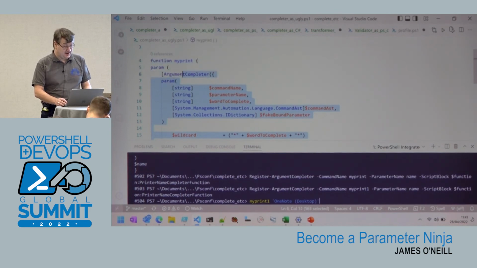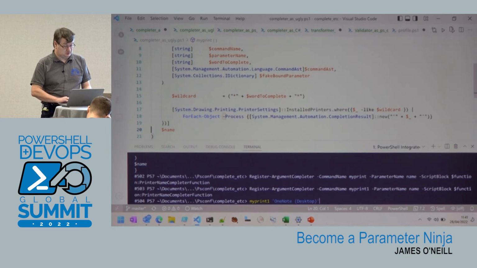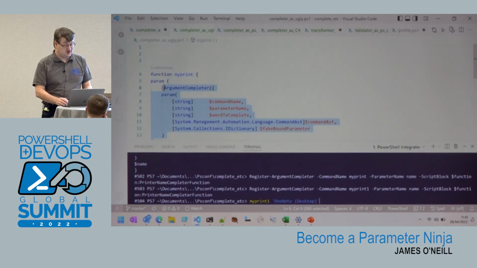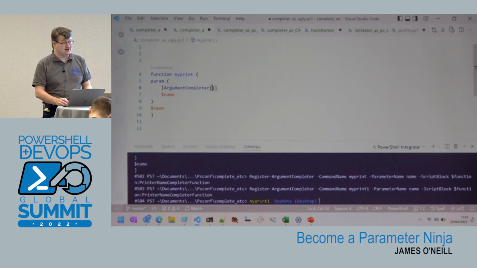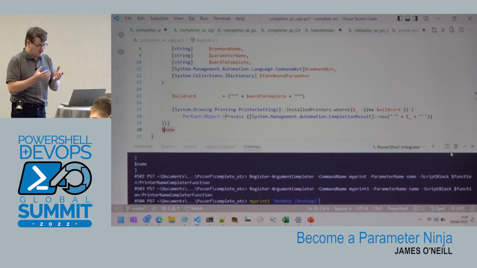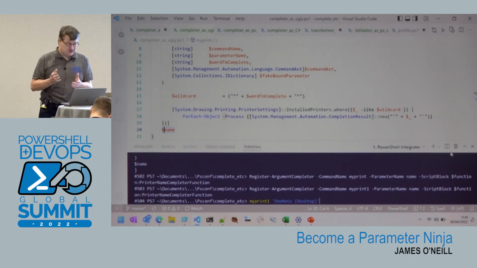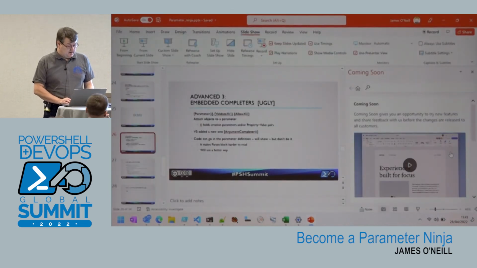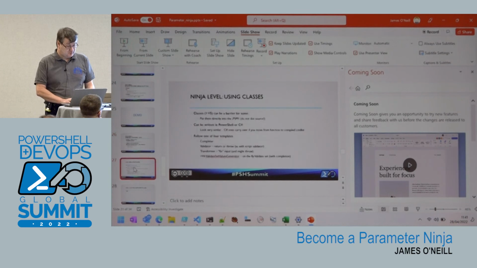Basically, this block from that brace to that brace is all part of creating that argument completer. Now, I don't know about you, but I find that in the middle of a param block just makes the whole thing hard to read. So it's available as an option, but don't do it, because there are better ways, and we're going to come to those.